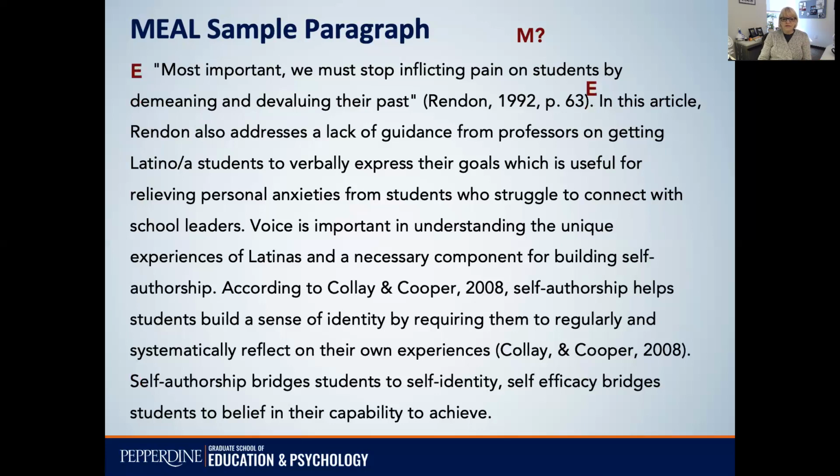So then we have two examples of evidence, then some analysis here, then we have more evidence and a little bit of analysis. But you can see, again, we're lacking that focus. I walk away from this paragraph a little confused as to what the point is. I think there are some great ideas expressed here, and there are some interesting quotations, but I need the writer to help interpret and focus and make this more coherent.